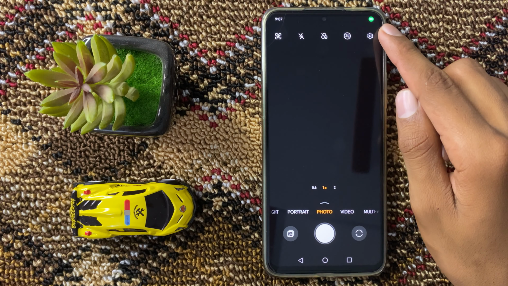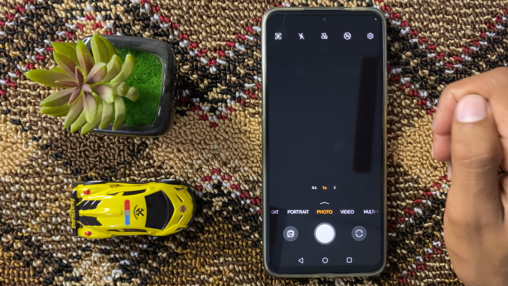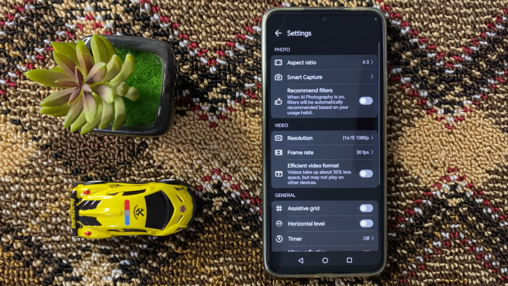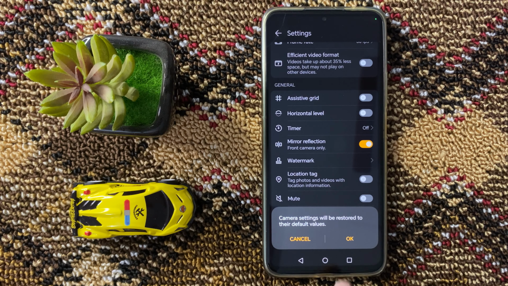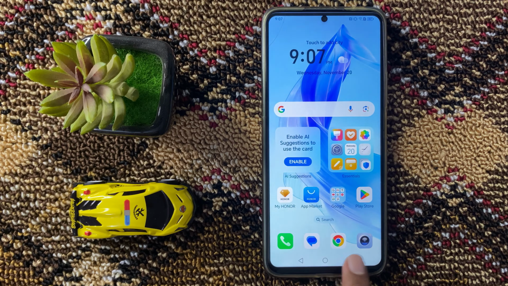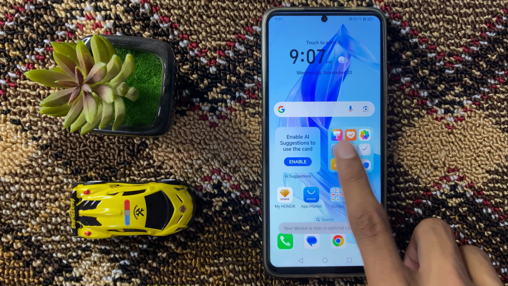On the top right corner you can see the settings icon. Click on it, scroll down to the last, click on restore defaults, and then click on OK. After restoring defaults, open settings again